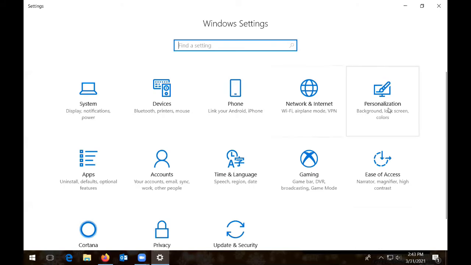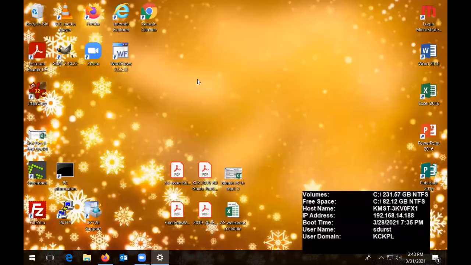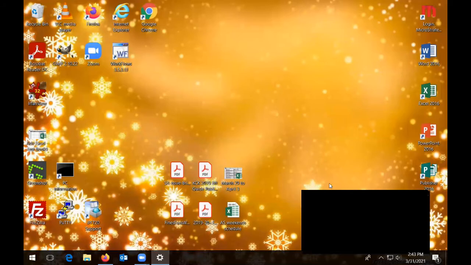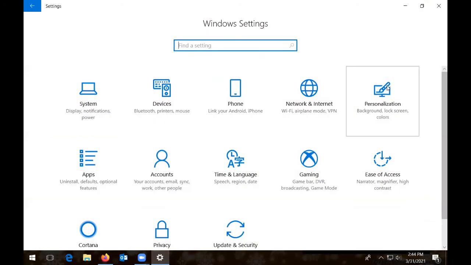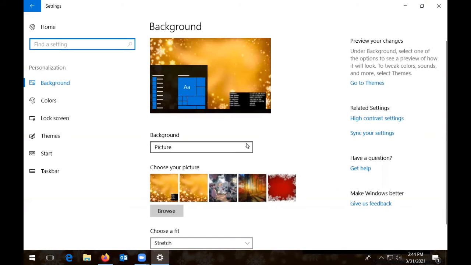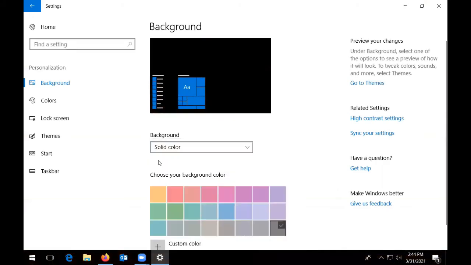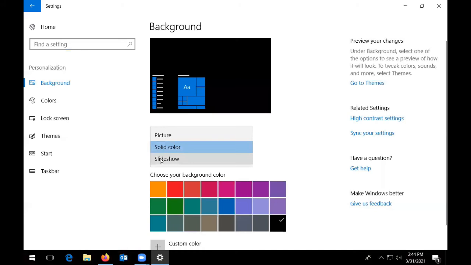Personalization. Mine's on the bottom. See, some of them are, some of them aren't. But just in case it's not, you can get to it from the settings up here. Personalization. This is how, because I have a tendency to change this background. This is called my wallpaper on my desktop. Under personalization, you can choose different colors. You can actually choose to have it go through the photos that are on your